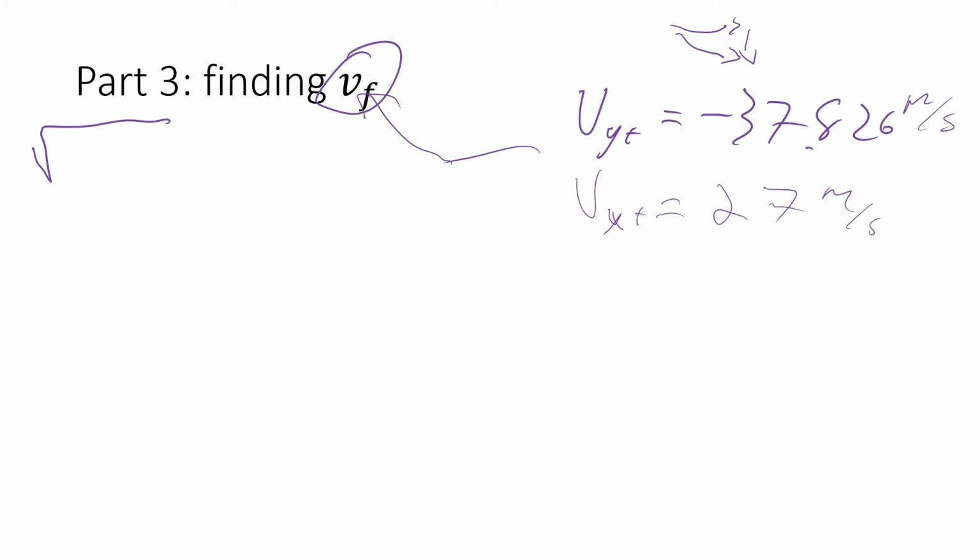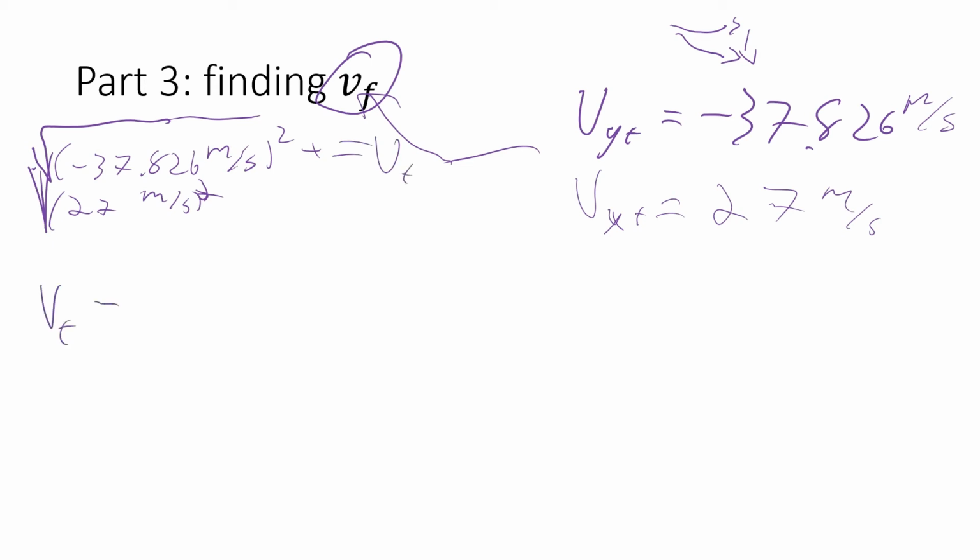So we do negative 37.826 meters per second squared plus 27 meters per second squared. And it's the square root of all this. That looks absolutely terrible. So, if you do that, you pop out the answer, which is, we can say that this equals VF. So the magnitude of velocity is, drumroll,